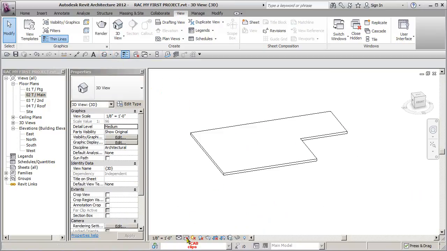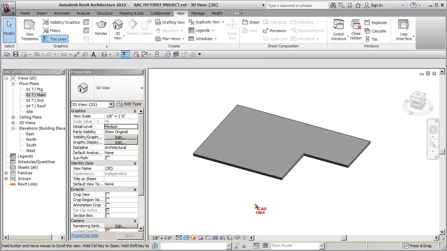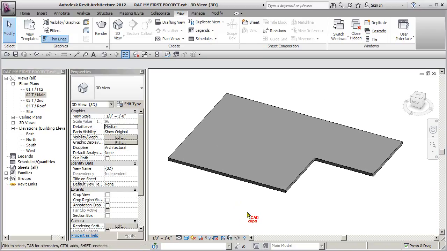If I go back to my 3D view, quick access toolbar, I can do the same thing, shaded. Shift middle mouse button. There's my first